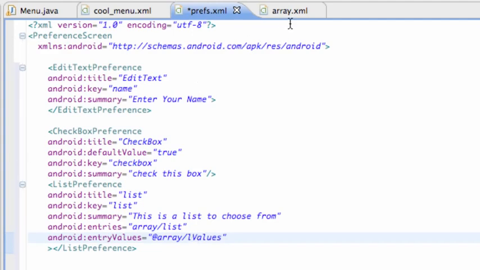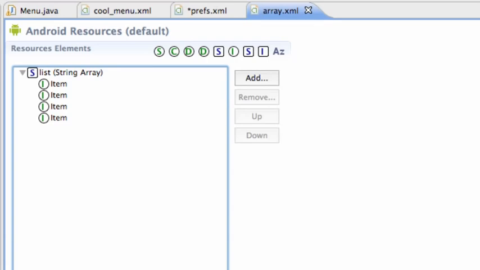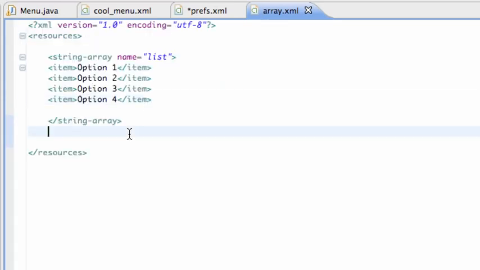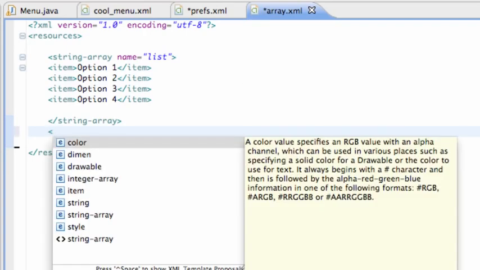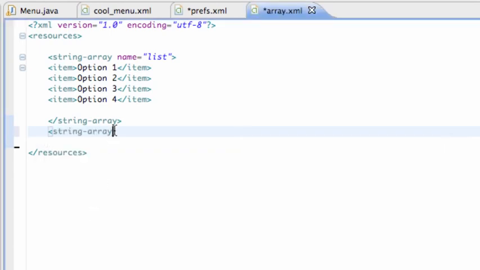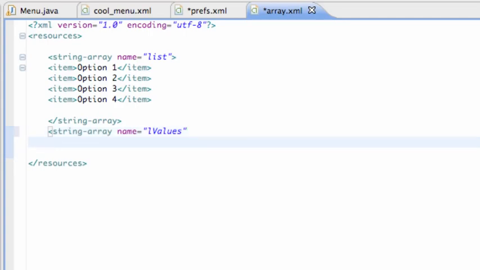and then what we can do is we can also set some numerical values to these items for the most part. So we're going to set up a new string array within our array XML, and again just click string array, and we also got to give this the name that we just set up. So name is going to equal, again, L values, and close it off and put up some values within here. Again, item, and we're going to say this is item 1, and then we're just going to copy and paste that 4